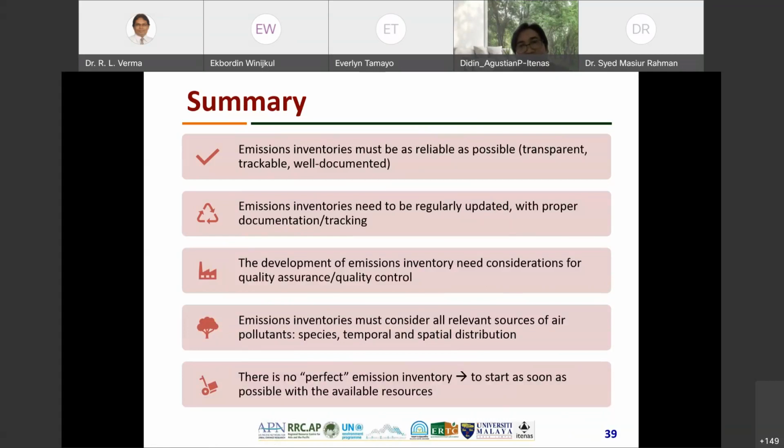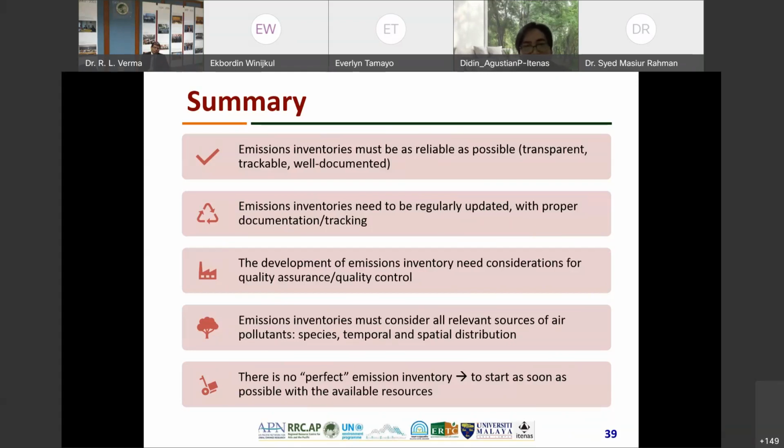So in the last part, I just would like to have a summary: emission inventories must be as reliable as possible. They should be transparent, trackable, and well documented. And then emission inventories need to be regularly updated with proper documentation. So if you use some kind of EI tools for compiling, like ABC EIM, GAPF, or other tools, it may help you to